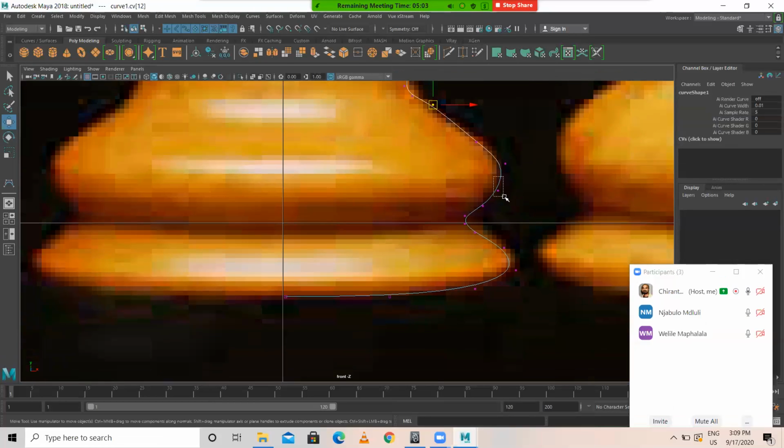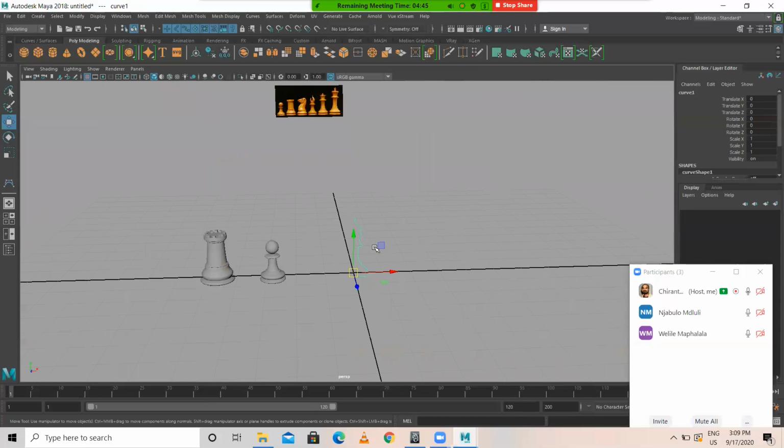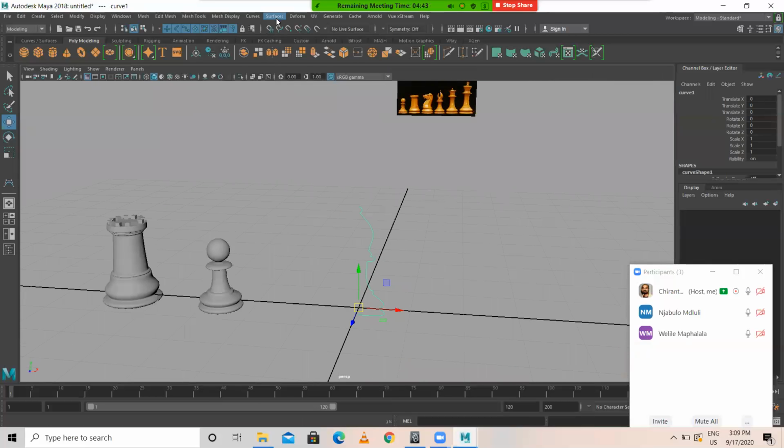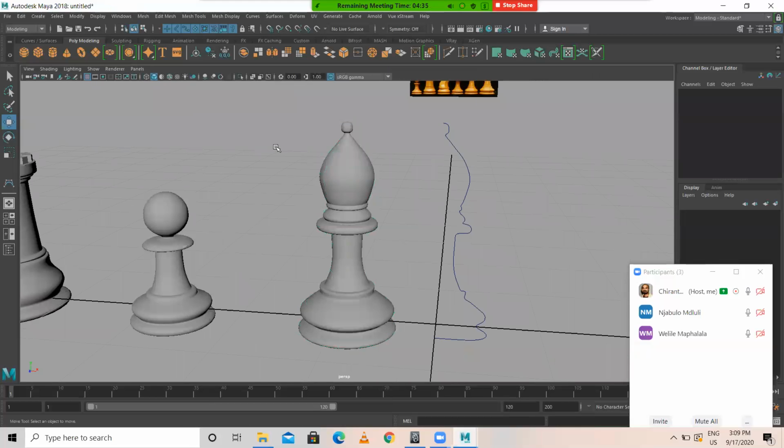So a lot of deep detailing is important in this. Okay, now select this curve, Surface, again Revolve. So see, the more detailing, it looks really good.